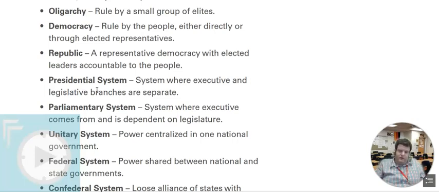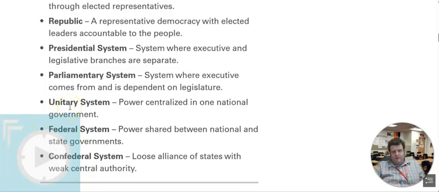Parliamentary systems are also quite common. Quite a few of them are found in Europe, and those are systems where the executive is dependent on the legislature. So in a presidential system, you might elect a president, and then you'd elect representatives to go to the legislative branch. In a parliamentary system, you elect representatives for the legislative branch, and then within that legislature, they choose one of their members to become an executive, the head figure, the head person.